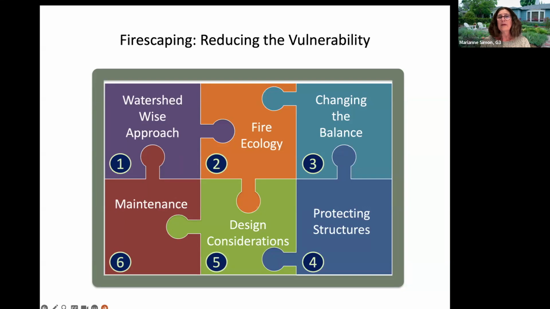So for tonight's topic, we've got 6 pieces of the puzzle. We're going to start out with this watershed-wise approach. What is it and why does it matter? Number 2, we'll talk a little bit about the ecology around fire. Number 3, changing the balance, which is how have things shifted from what was a relatively natural process to something that has really become out of balance.